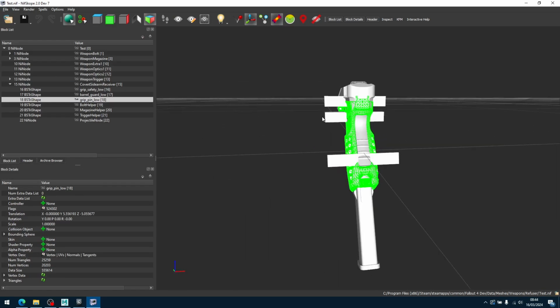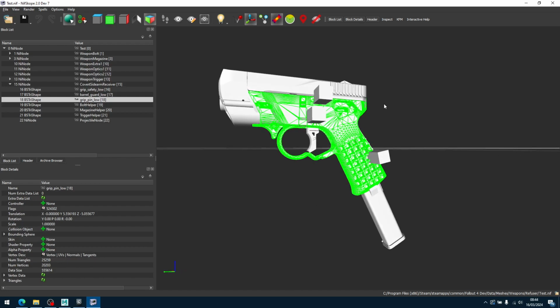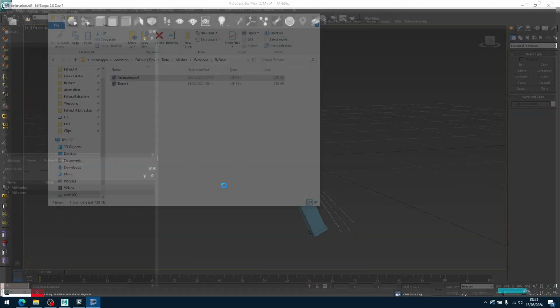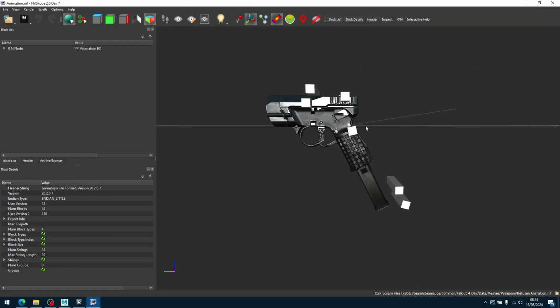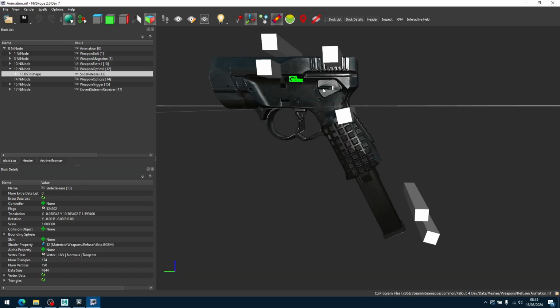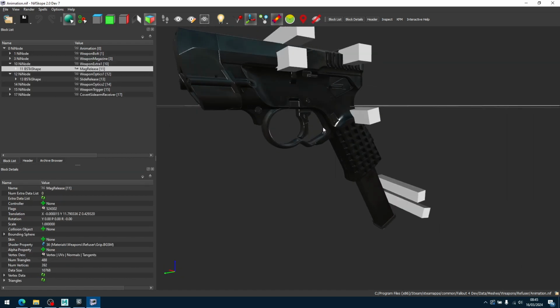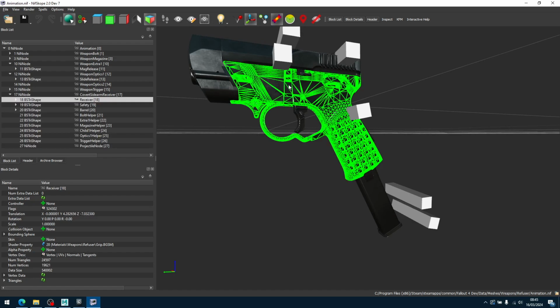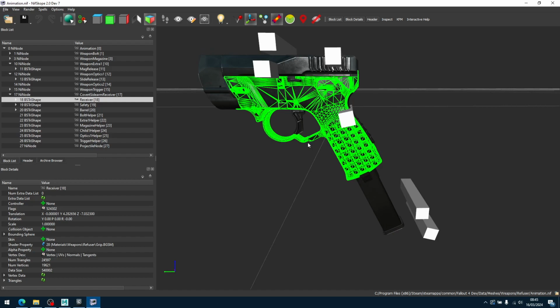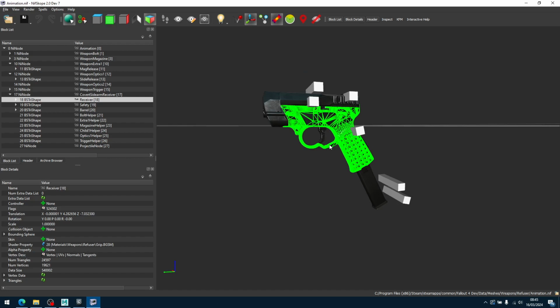And that's it. So I've already created all of the textures and the materials that go with it. I've already got a file, and I've assigned all the materials to that. In the other version, I separated this out and I separated that out because they were all sort of part of the main grip mesh, and just put them on bones. That's why there's a couple more bones here. So at this point, this is a good file that you can use for animation, which is why I've called it animation, and you can also use it to sort of put together all the things you need to do